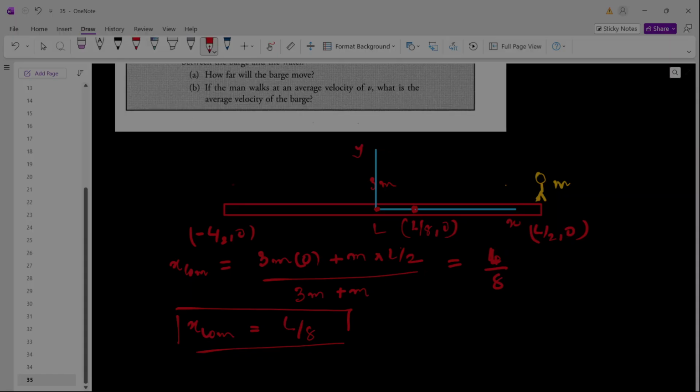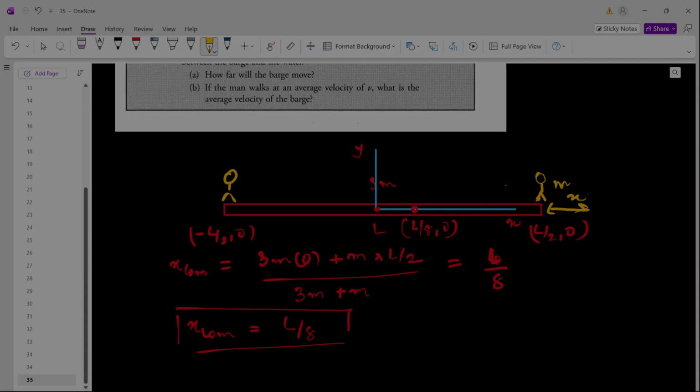So when the man reaches the end of the barge, so this is the end of the barge, right? And then when the man reaches here, let's say the barge has moved by a distance x towards the right,